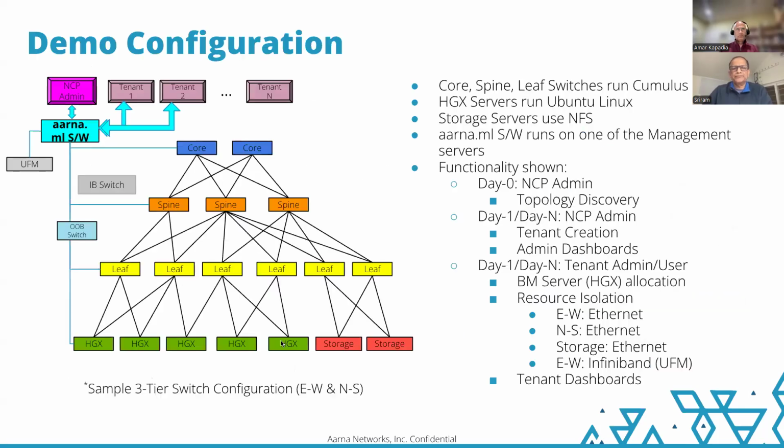Yeah, if you can go to the next slide. So this is the demo configuration. So as Amar mentioned, we can start with something as low as 4 GPUs, but you can actually go up to a very large configuration, right? So you can actually go to thousands of GPUs. The software can scale. In the demo, we're going to show with 2 scalable units. So essentially about 512 GPUs and with some storage nodes. And the configuration has 3 layers of switches. So it's a fairly complex, large configuration, which is as per the NVIDIA reference architecture. So that's what we're going to show.